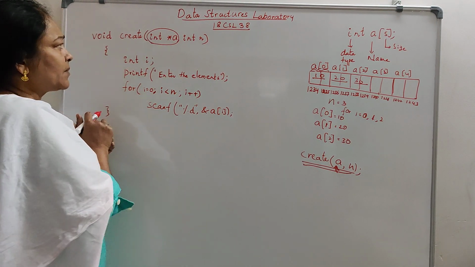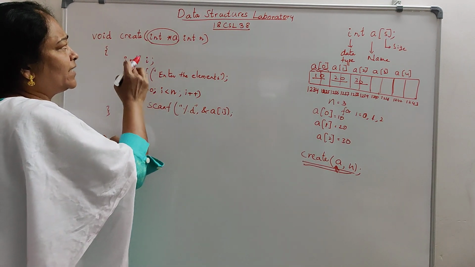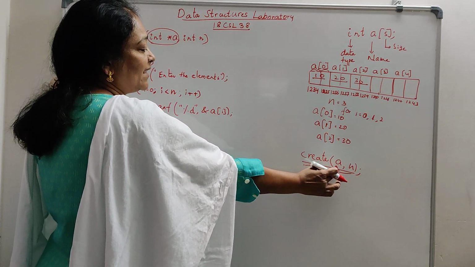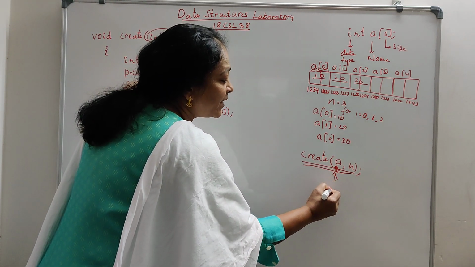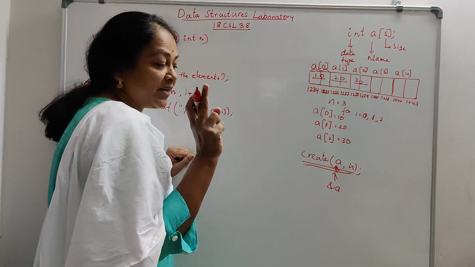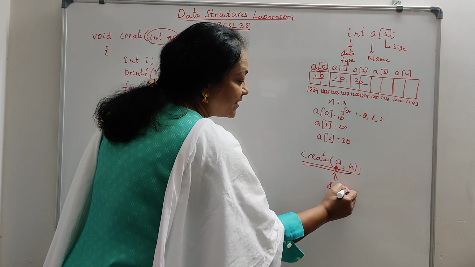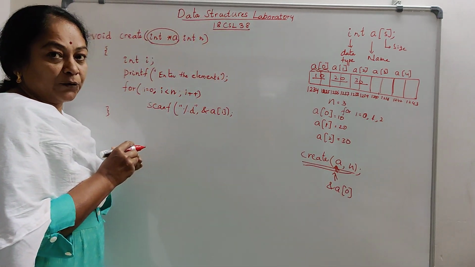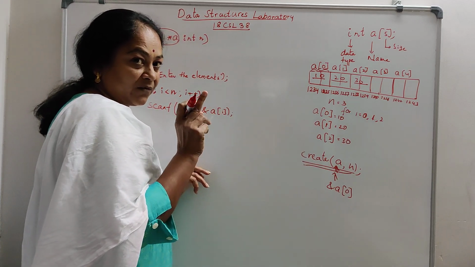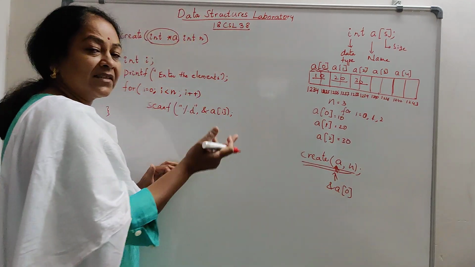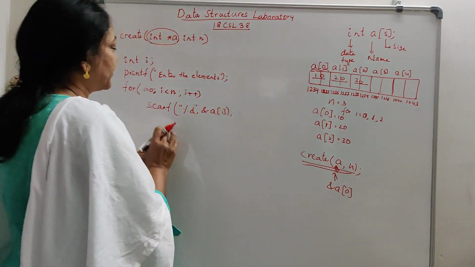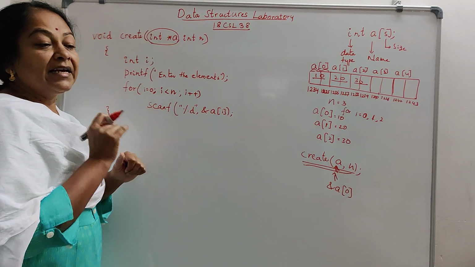So this is for the create function. In the main function, you are calling this function by sending this array. This can also be written as an address. Base address is nothing but the address of the first element in the array. So you can also write this as ampersand a of 0. The name of the array itself is the base address, which is nothing but the address of the first element, otherwise you can write it this way, because this also represents the address of the first element, stored at a of 0. So this is about the create function.